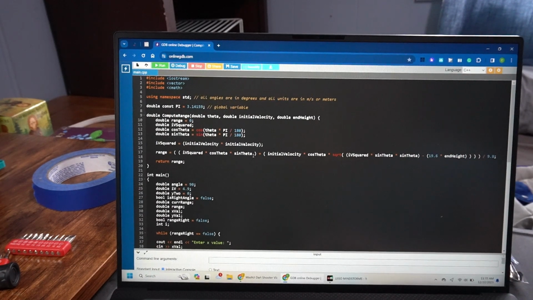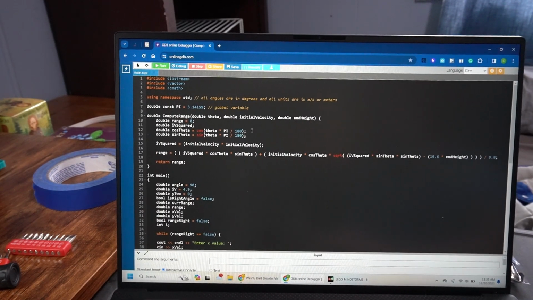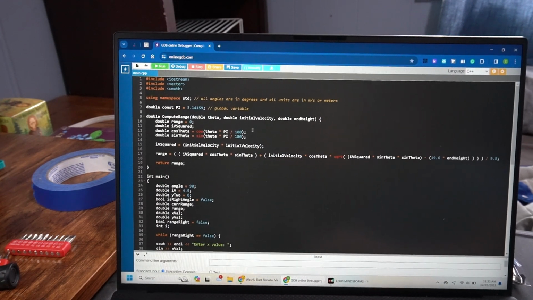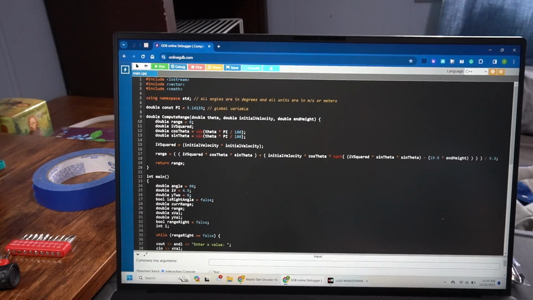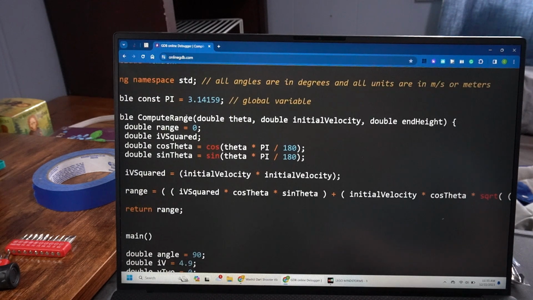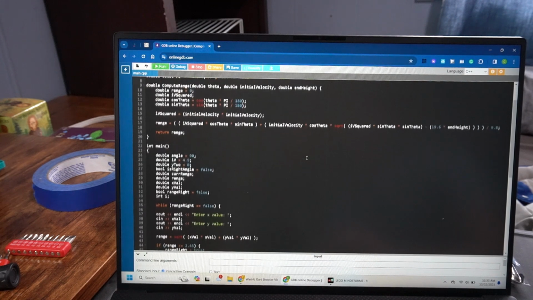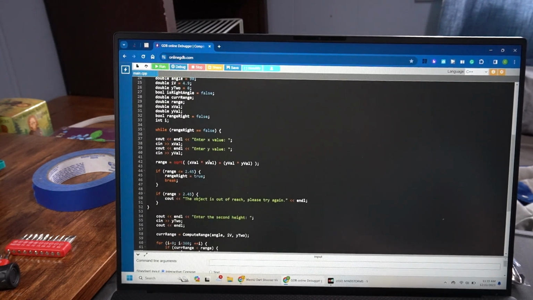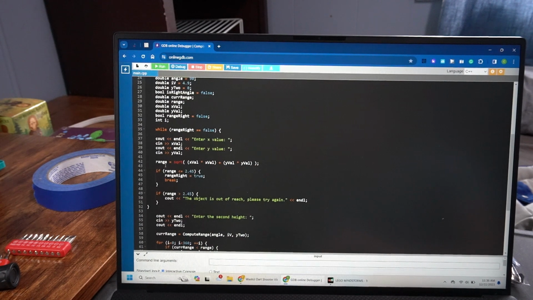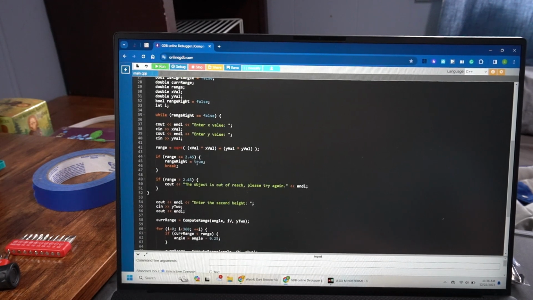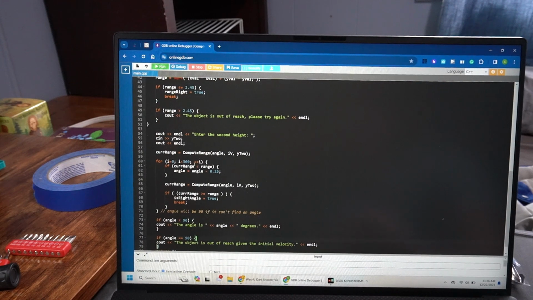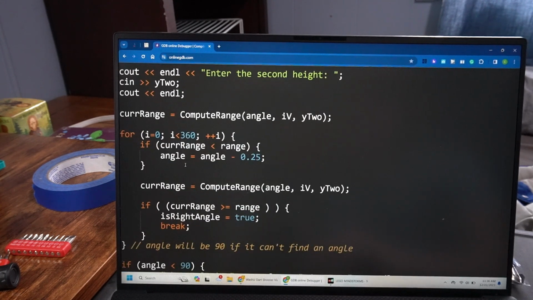So since I can't solve for theta, what I did instead, since I know C++, was design a program where there's a function called compute range, which does exactly what the formula is. And then I set up a little user interface with some cues. It gets the x and y values of the target, and then it gets the z value, or the height, the second height. And then it goes through a for loop